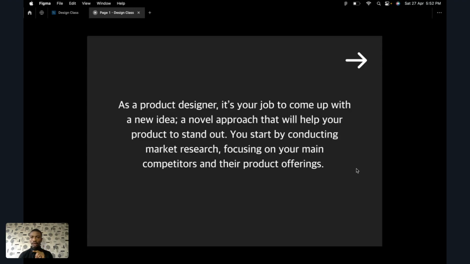If you notice, we have market research and you are focusing on main competitors. There's an adjective before the word competitors, right? Main competitors. Sometimes you have some competitors that are not your main competitor. They are more like, okay, for example,